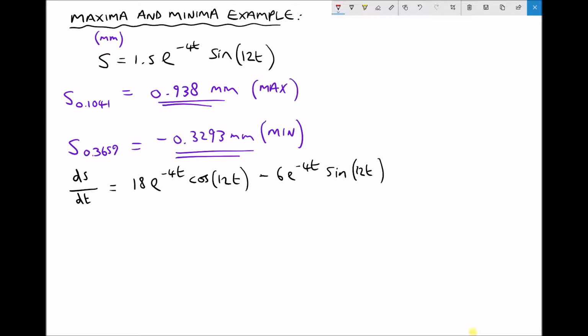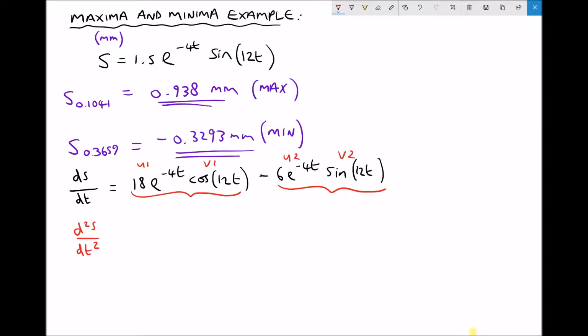Okay, in order to find our second derivative, d squared s by dt squared, or the acceleration, we're going to need to apply the product rule, but we're actually going to need to apply the product rule twice. We're going to need to apply the product rule to evaluate this term here, and we're going to have to apply the product rule to evaluate this term here. So we're going to have two values of u and v. So let's call them u1, v1,